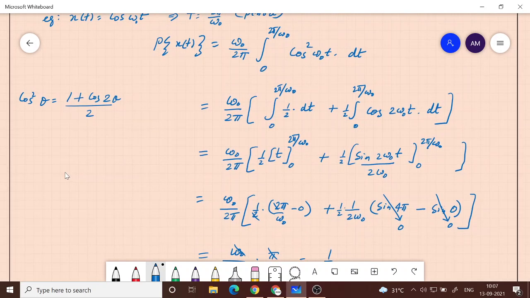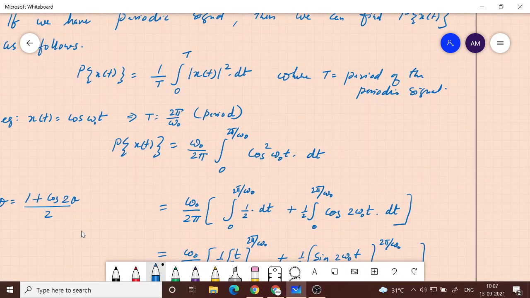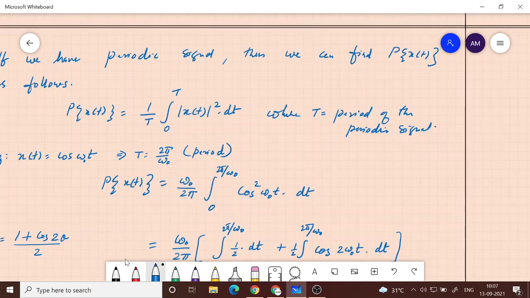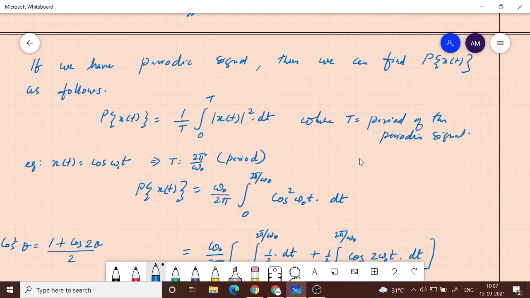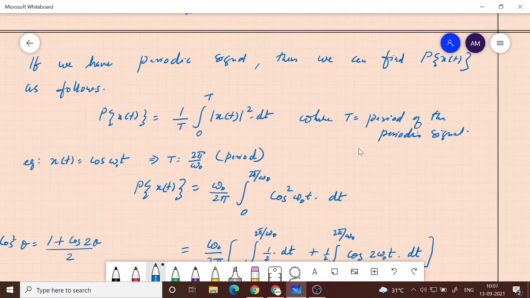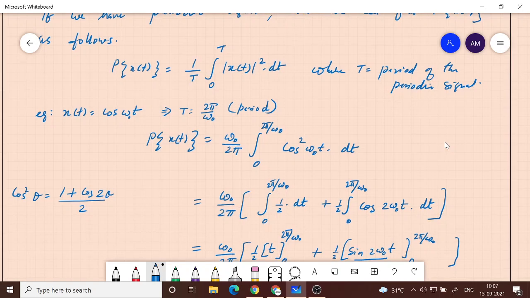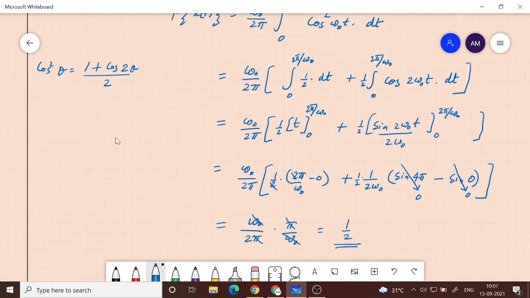Okay, so this is an example of a periodic signal. Earlier I said for the power of a signal you need to use an expression with a limit inside it, but now I am saying that if the signal is periodic, it definitely has infinite energy, and there is a simplification of the expression where you just need to evaluate the energy of one period. This is basically the energy of one period, and then you divide it by the period. But for all power signals you can't use this simplified expression. You need to go back to the previous expression.